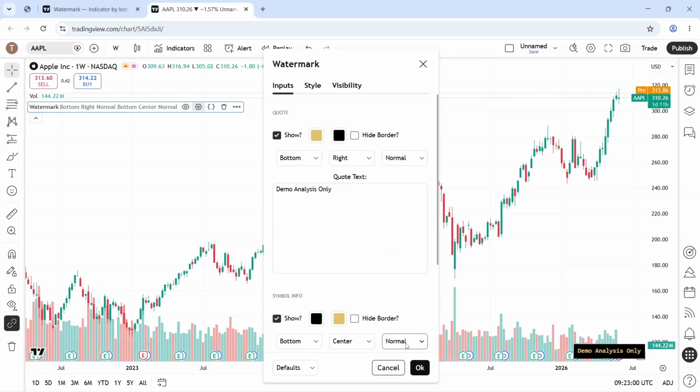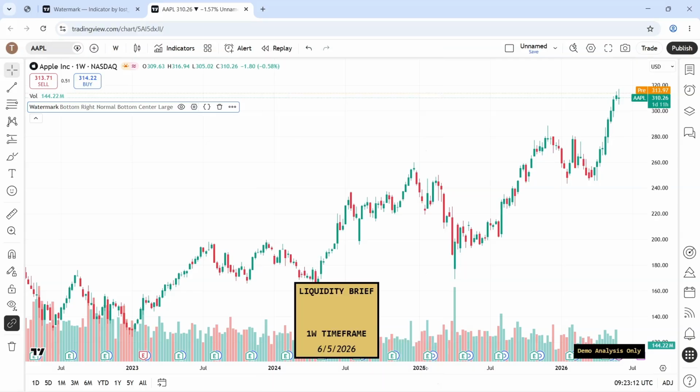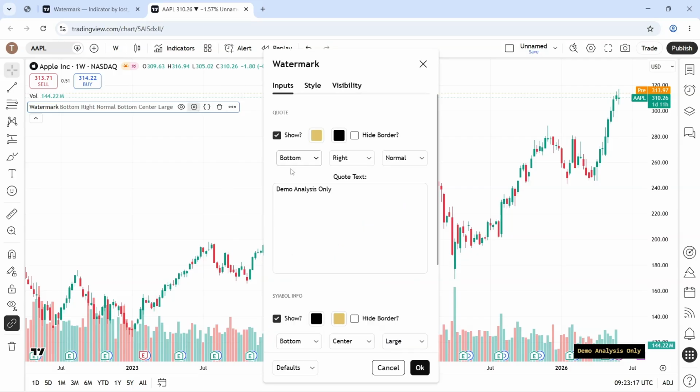Next, click the text size drop-down to choose how big the watermark should appear. From the options shown, select Large, so the watermark stands out clearly on screen. Once you've made all your selections, click the OK button at the bottom of the settings window to apply the changes. Your TradingView chart now shows your custom watermark text displayed over the chart, with the watermark indicator still listed